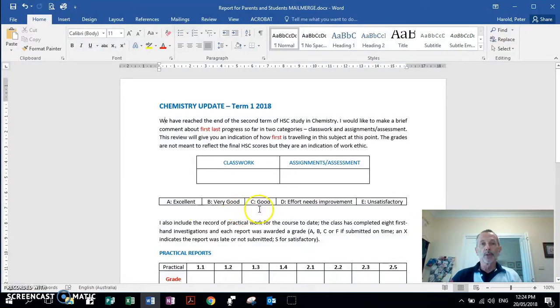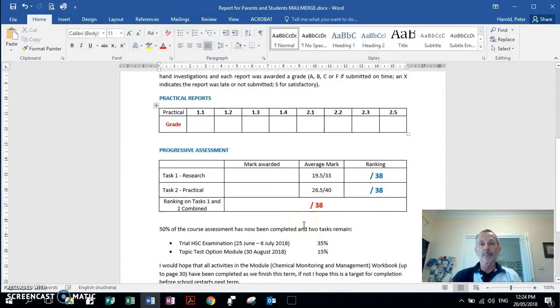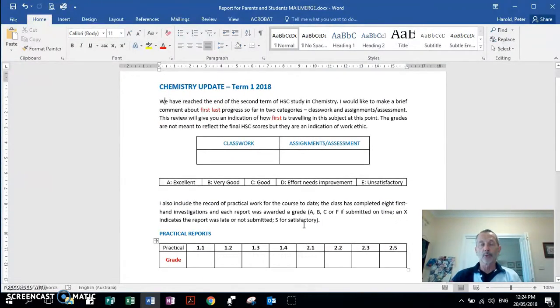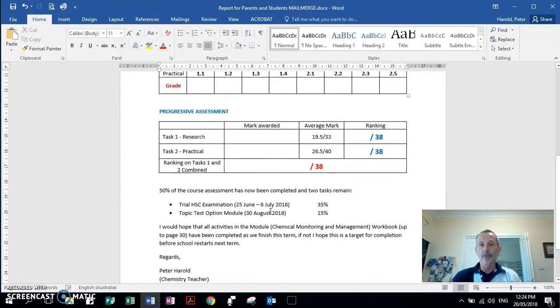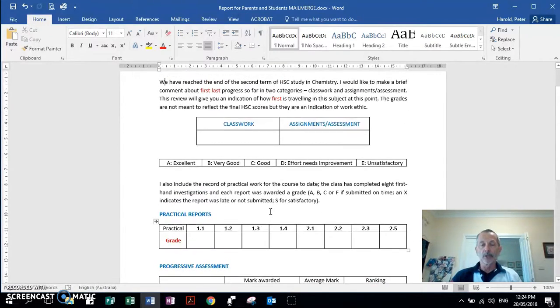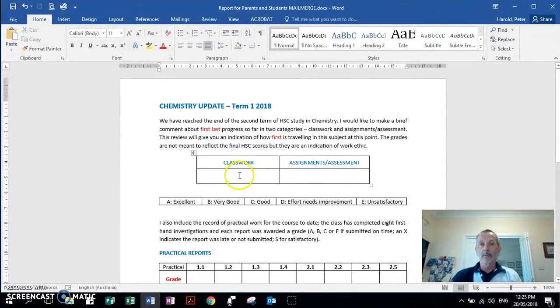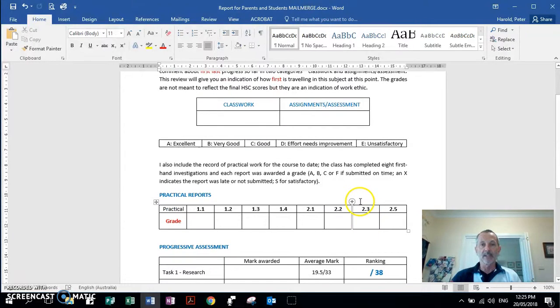So to create the Word document, you'll produce tables, paragraphs, words, just as if you were writing a letter to individual parents. You'll see on this document that I've created in Word, it could be individualized for each student or family. In the document, I have information related to student review. So students have information about their classwork, a grade, and assignments assessment, indicated here, excellent, very good, down to unsatisfactory,